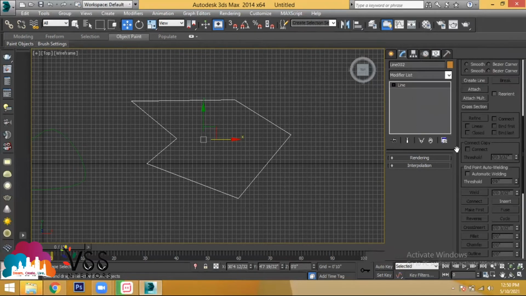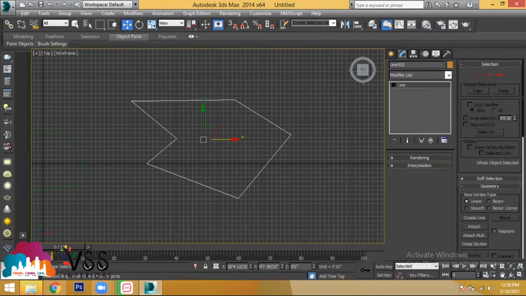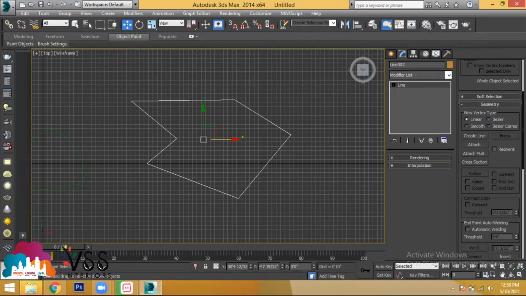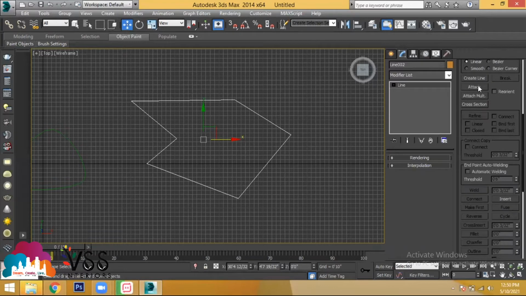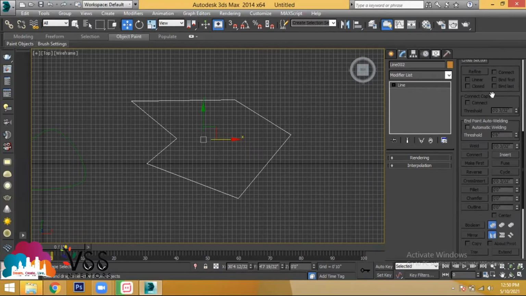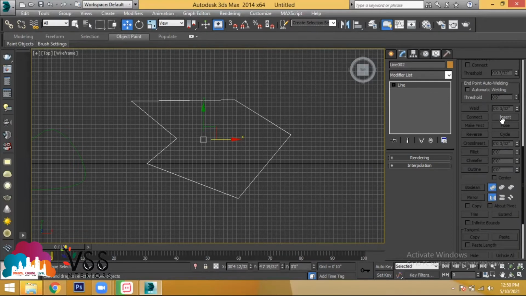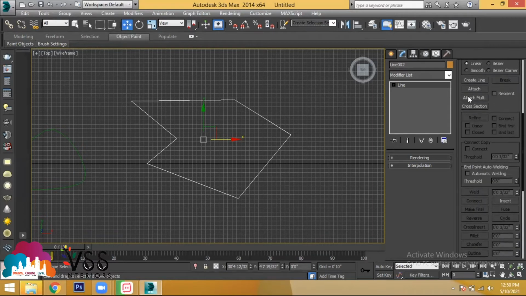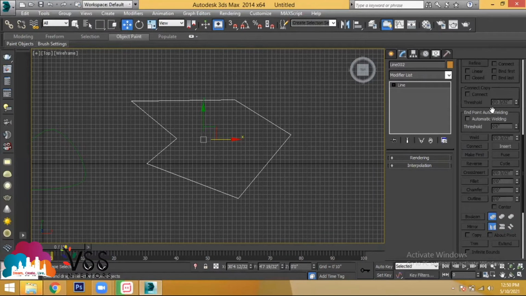Select the object and you find multiple modifications here, like create line, attach, cross section, and also weld, insert, reverse, cross insert. Are these options activated? Only a few are activated, like insert, create line and attach, but not all the options are activated.